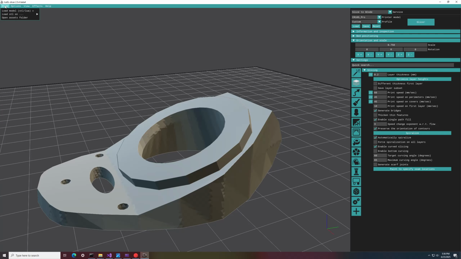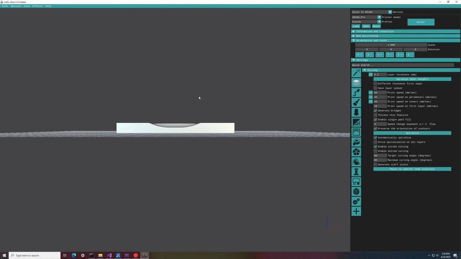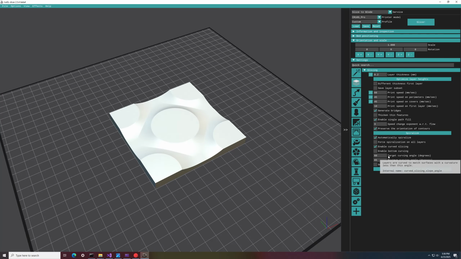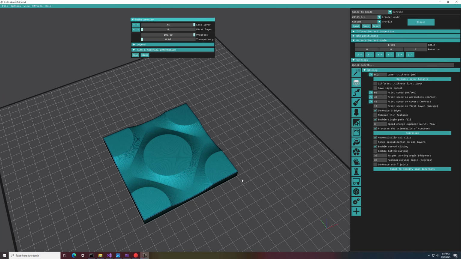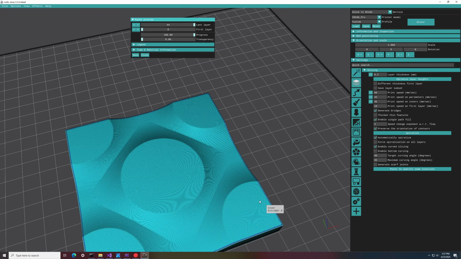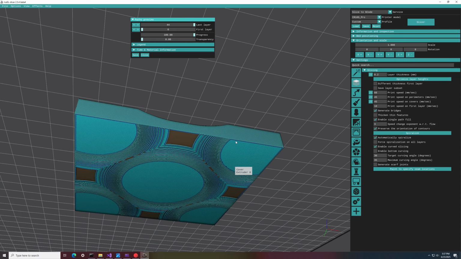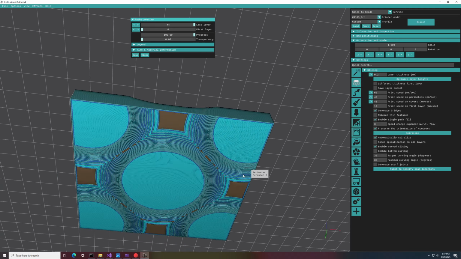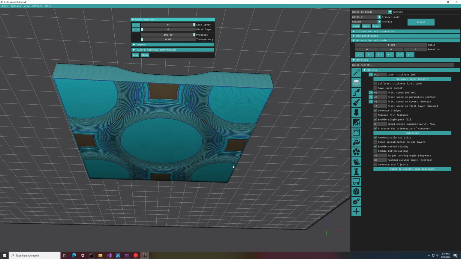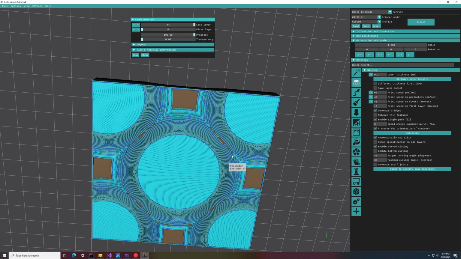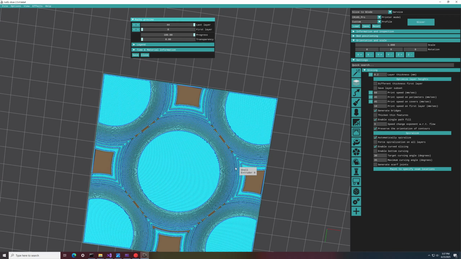Let's go back to the model we used before. This one. We change this back to 30 and 35. Now, as we saw before, the surface is much better. There's no staircase effect, but if we look at the bottom of the print, we have this. It's still completely flat if we see it from the front,